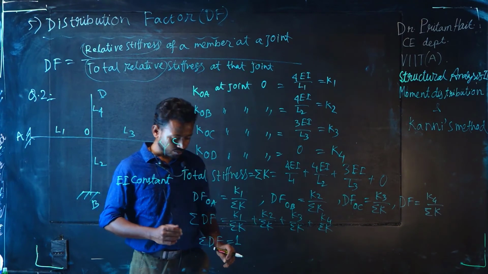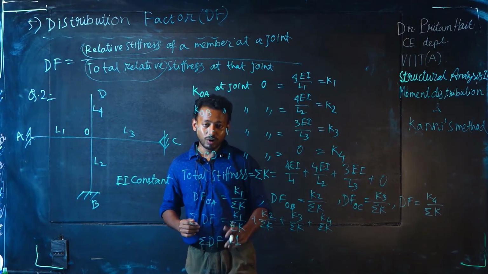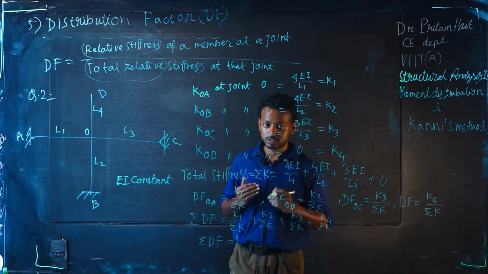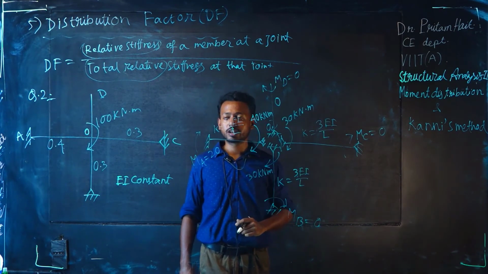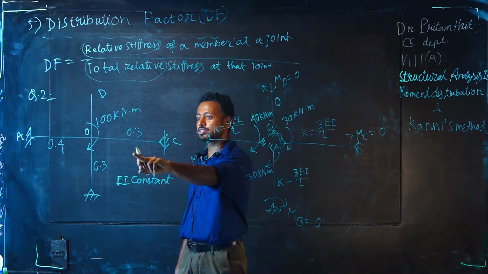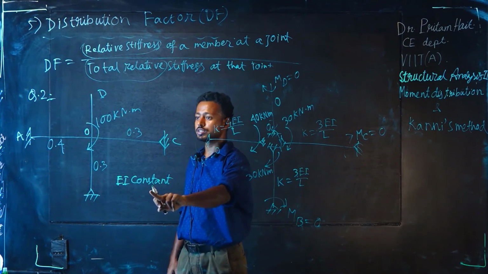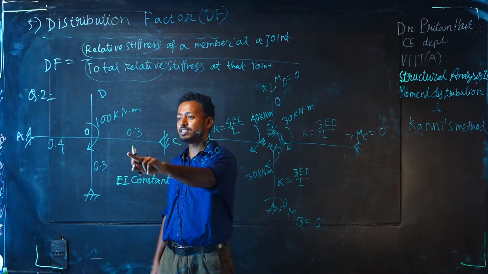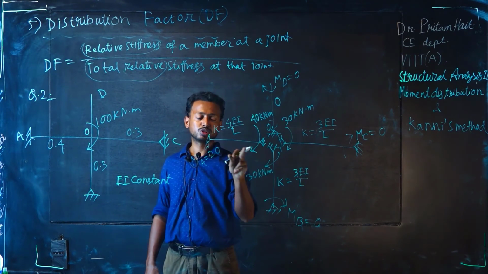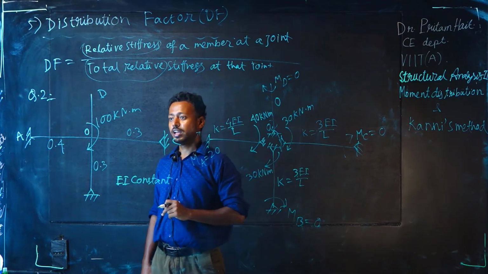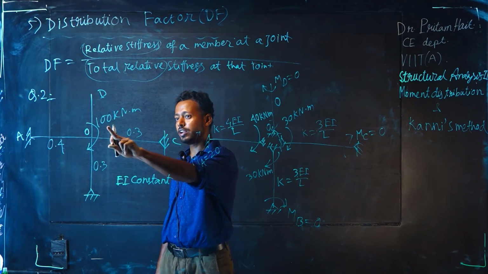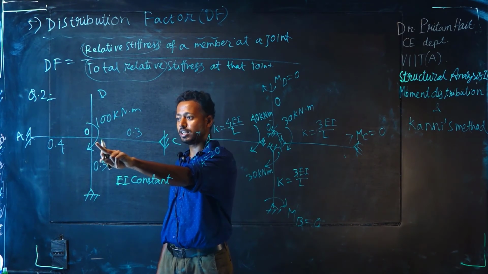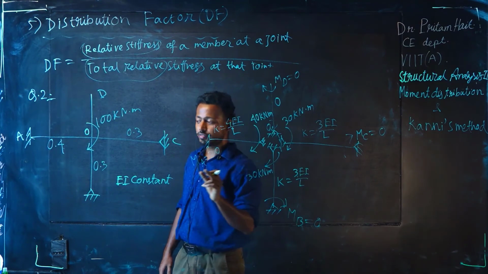Now the question is, what does the distribution factor tell us? What is the significance of this distribution factor? Let's solve a numerical problem. Here one beam intersection is given. The EI is constant, and it is asked what will be the distribution factor, carryover moment, and stiffness of each individual member. As I have applied a moment of 100 kN at the intersection point, that is point O, and the distribution factor is given.